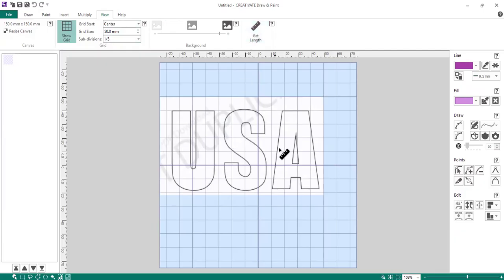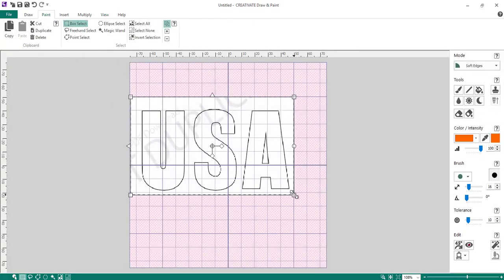Don't include the background, just measuring the lettering. And that's pretty good. Close enough. And top to bottom, close enough. I could make it a little bit shorter by going into paint and just go up a little bit,